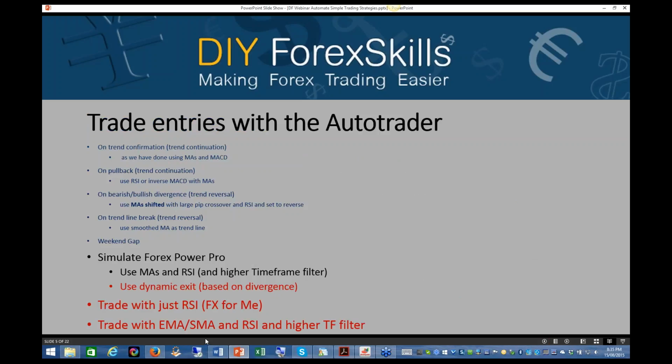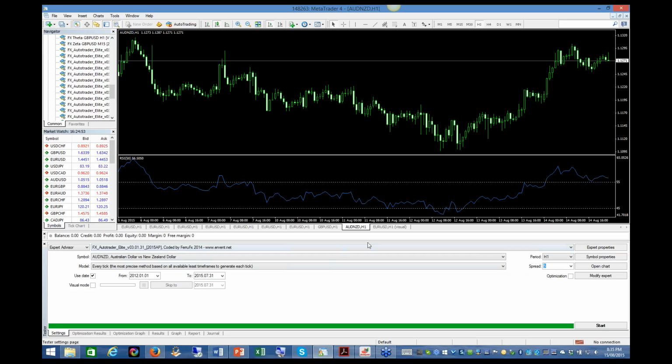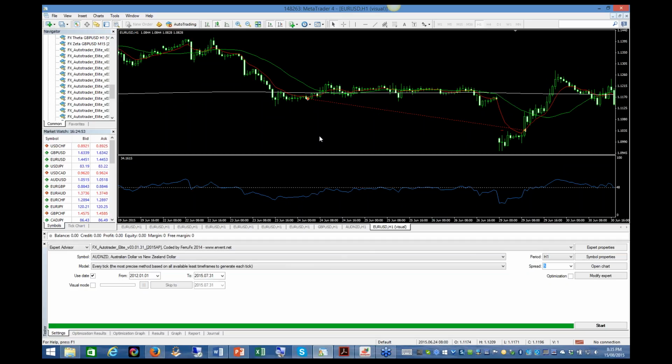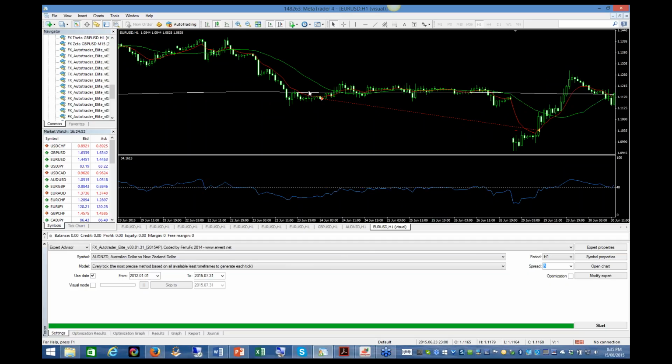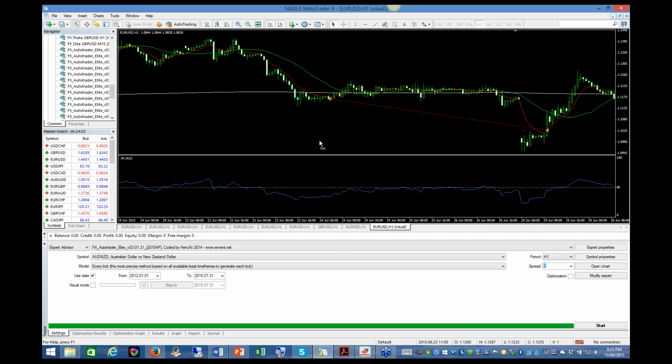Okay, we've got enough time. I found another strategy in my pile of PDFs, which uses an EMA and an SMA, so a moving average crossover and RSI, and also suggests to use the high time frame filter, which indeed is required. Now, I can show that here quite easily. So the strategy is